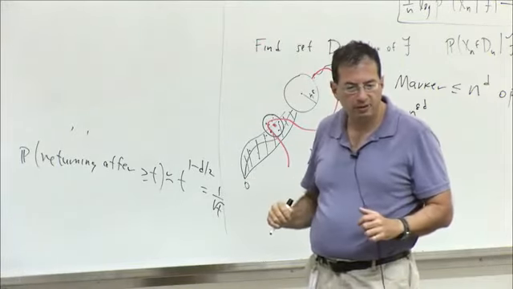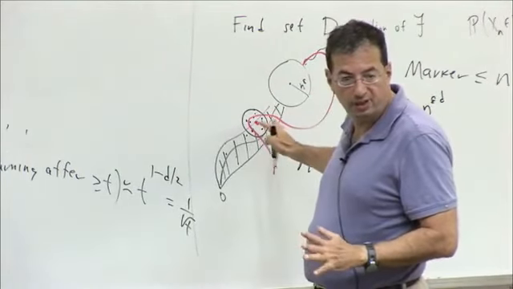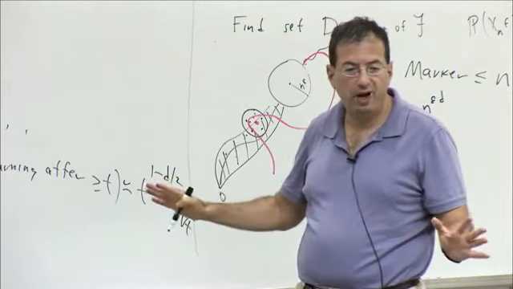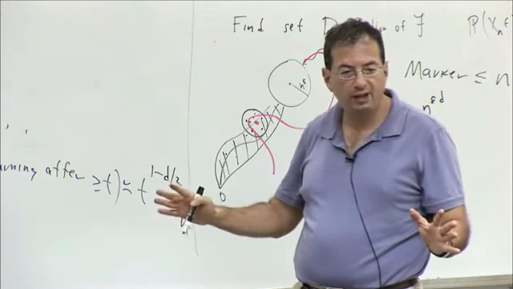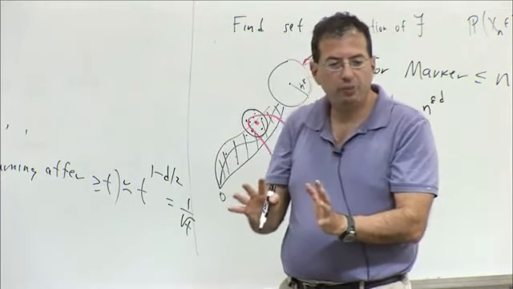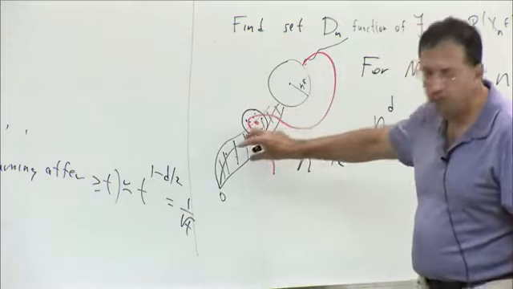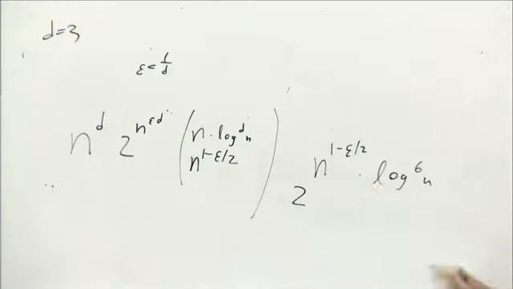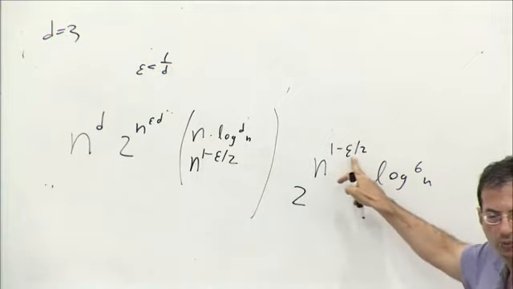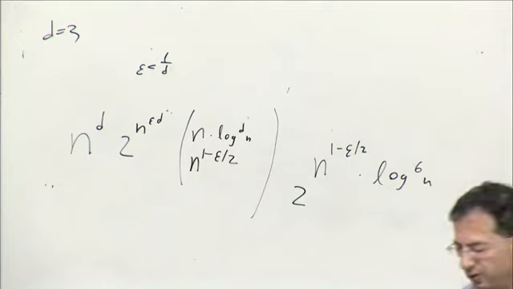Now what is left? What is left is still a lot of points, still a linear number of points. In these points, we have no hope of knowing which are the past and which are the future. They're combined. But we can separate them into components, because once we remove these little balls, n to the 1 minus epsilon over 2 of them corresponding to the intersections, they separated the past.